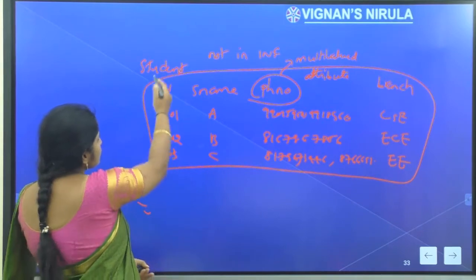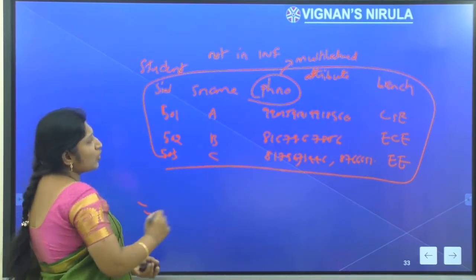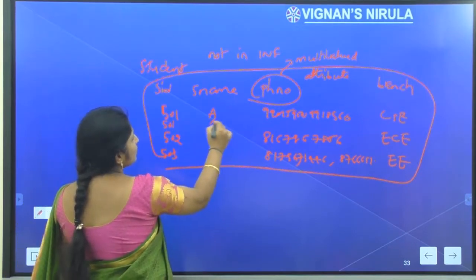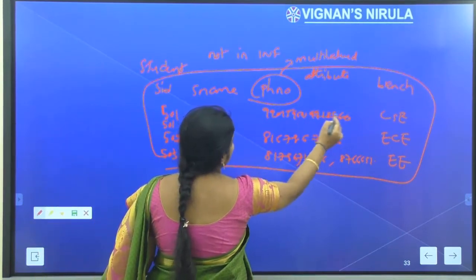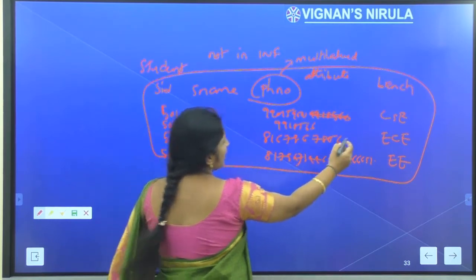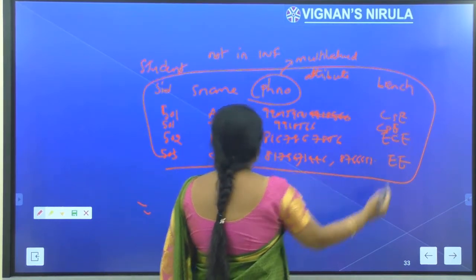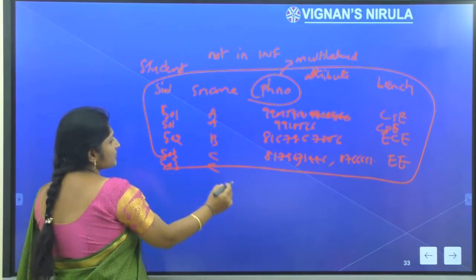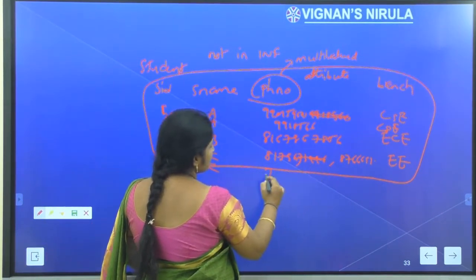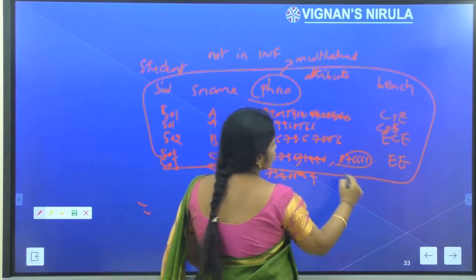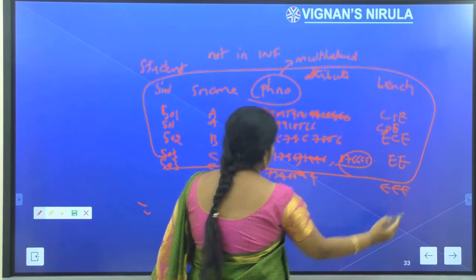In order to make the student relation into 1NF, one alternative procedure is that I can replicate the row 2 times, with only the phone number being different the second time. All the remaining values are similar. Here also the third row should be replicated 3 times. However many phone numbers there are, that many times all the remaining attributes should be replicated.